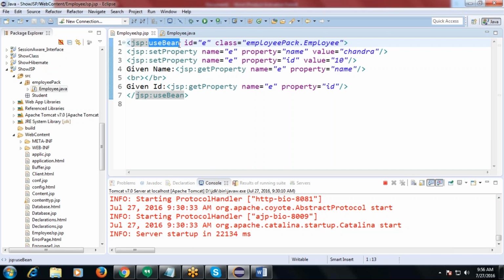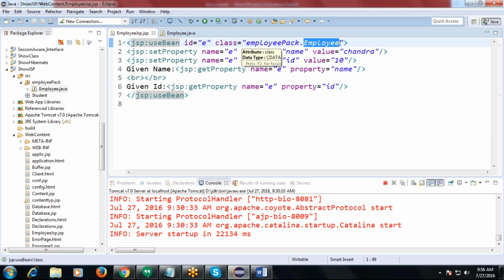Now how are we going to use it? jsp:useBean id equals e and class equals employee, like that we wrote, right? Understood?